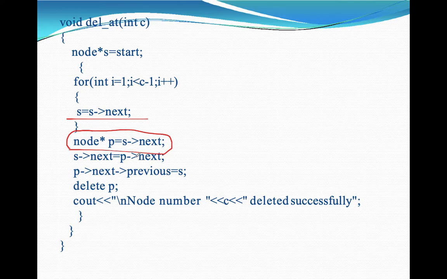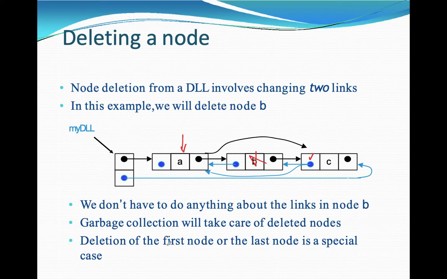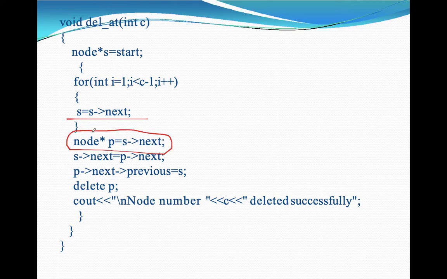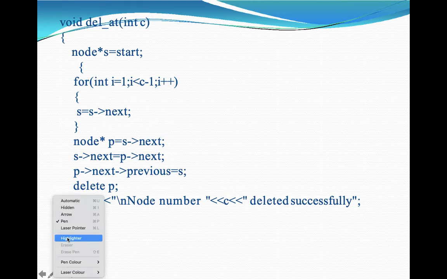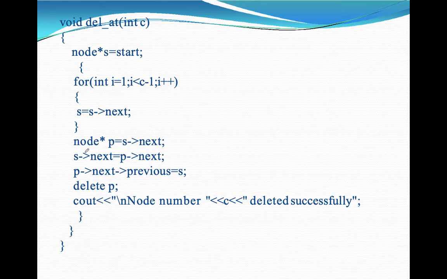Node star p equal to s. ইকুয়াল টু এস, যেটা নেক্সট হবে। আচ্ছা, এটা কাকে রিপ্রেজেন্ট করছে? এস ইকুয়াল টু নেক্সট কে। এটা কাকে রিপ্রেজেন্ট করছে? এটা তো এস হচ্ছে নেক্সট কে রিপ্রেজেন্ট করছে, এটা পি এস কে রিপ্রেজেন্ট করছে। পি কোনটা? নিউ নোটটা পি। যেটাকে আমরা ডিলিট করব,